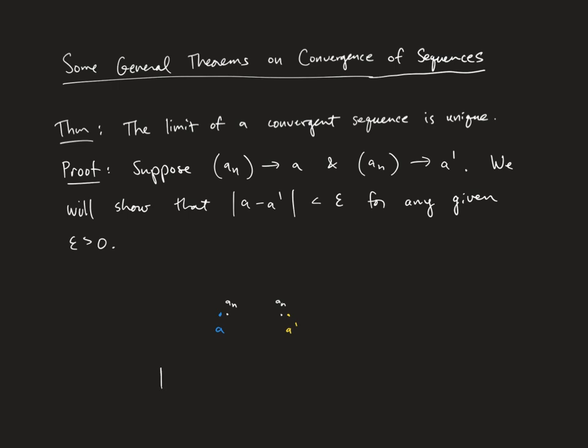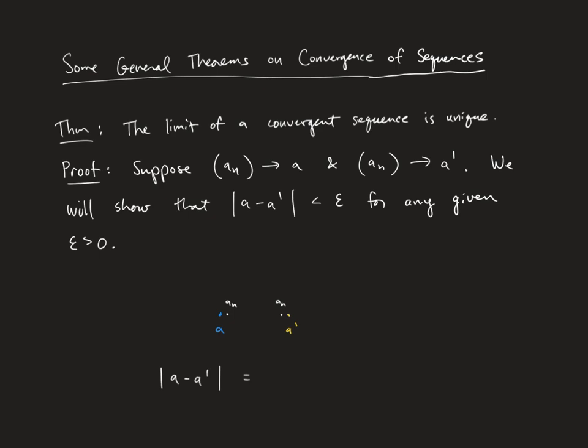And the technical tool that we use is the triangle inequality. So the rough calculation here that you can do for yourself based on this picture is the following. The distance between A and A prime, that's the thing we really want to measure, right? But we have this A_n, this is our middleman. So you think about the triangle, right? We want to go directly from A to A prime, but we can have this stop-off point in the middle, this third point. So you're thinking about a triangle ABC, we want to measure directly from A to B, but we can measure that indirectly by going from A to C first and then C to B. That's kind of the rough conceptual scheme.